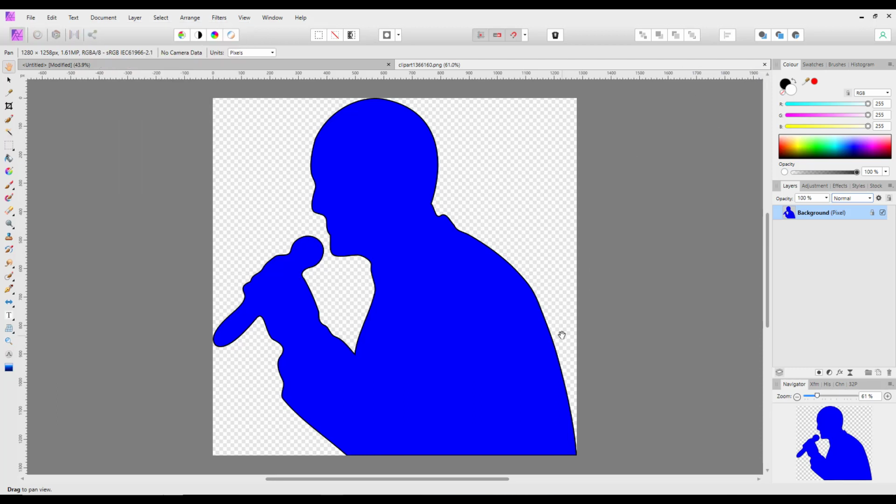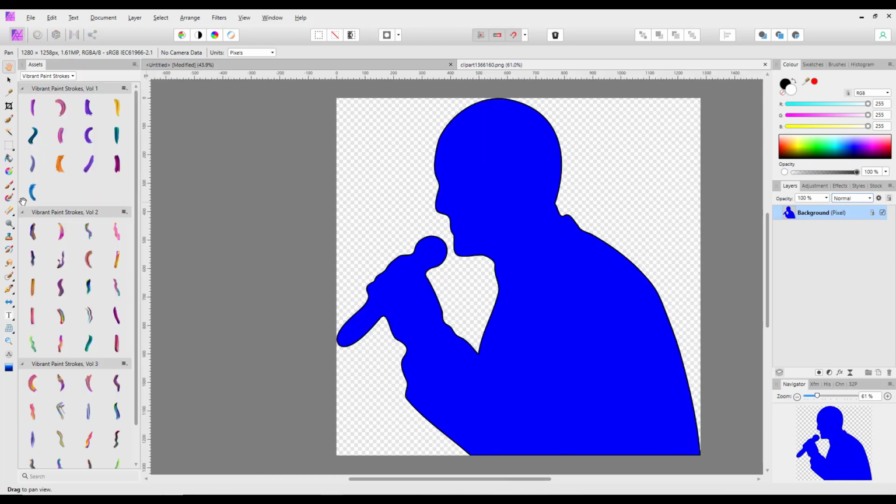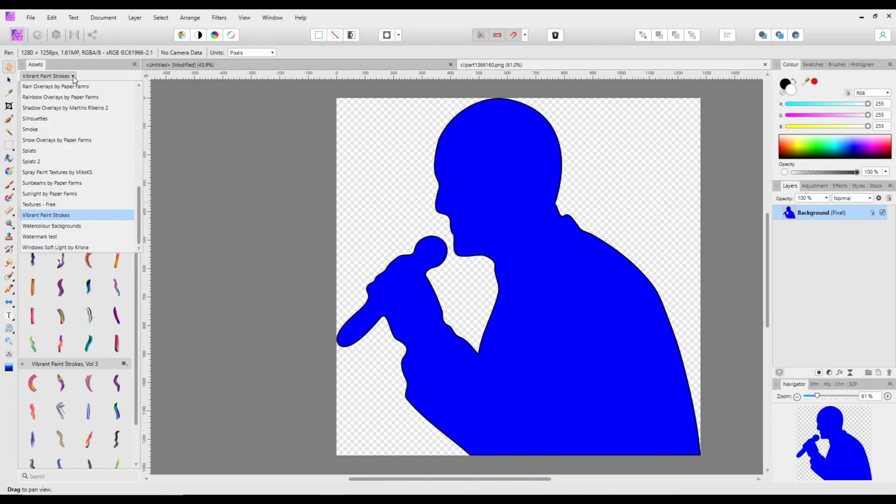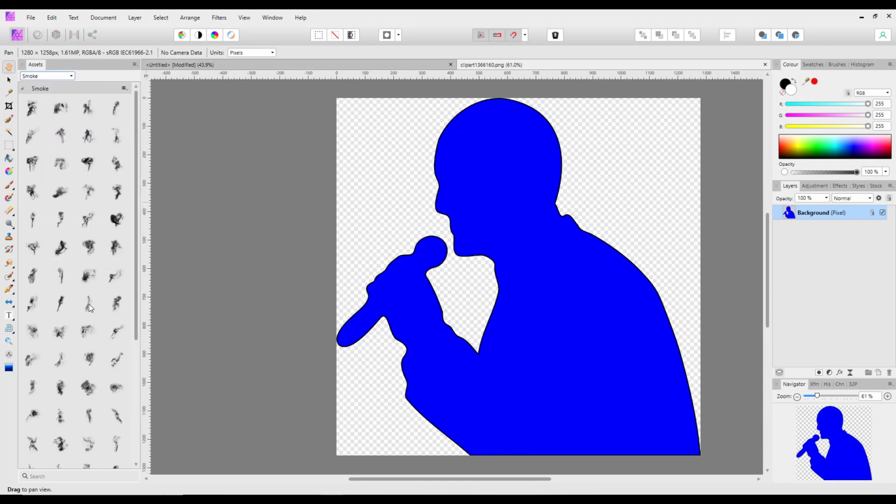So this singer silhouette, much like before, you can just use a silhouette, and like I said, it doesn't matter what colour it is, but using, let's use the smoke. I think I've got some smoke assets here. You could bring this in